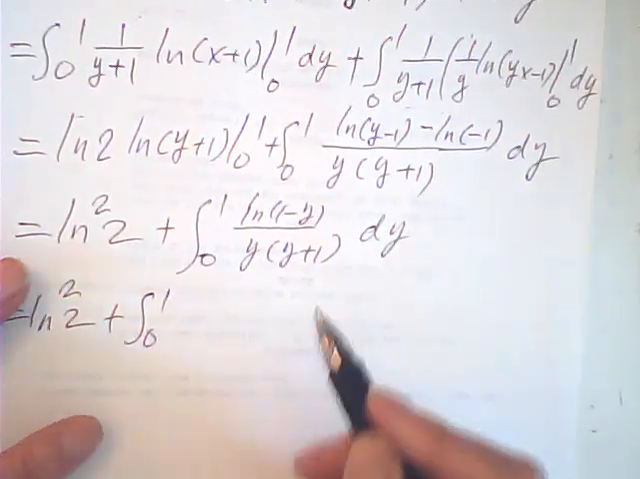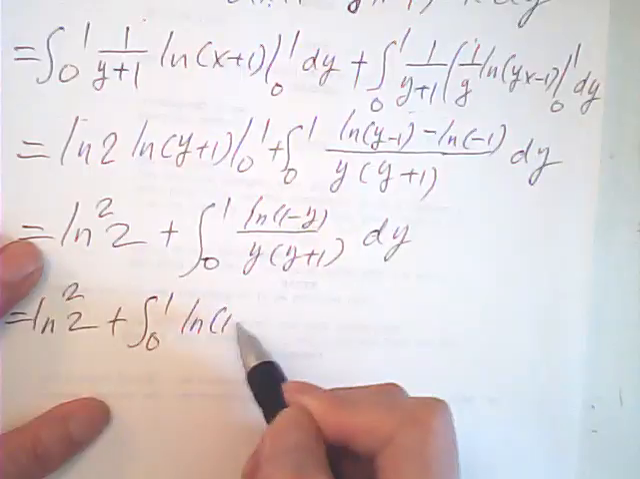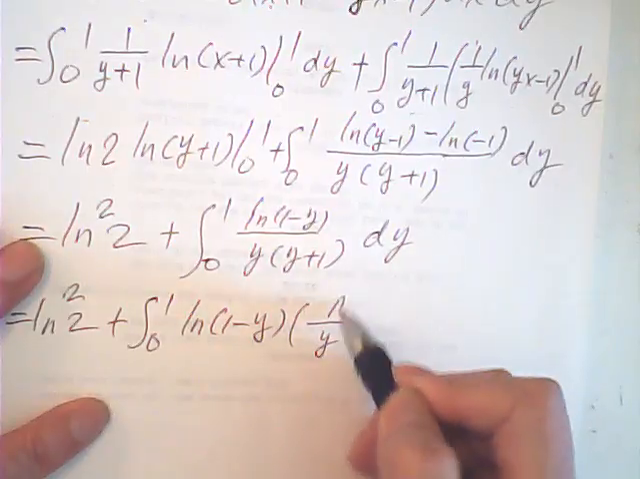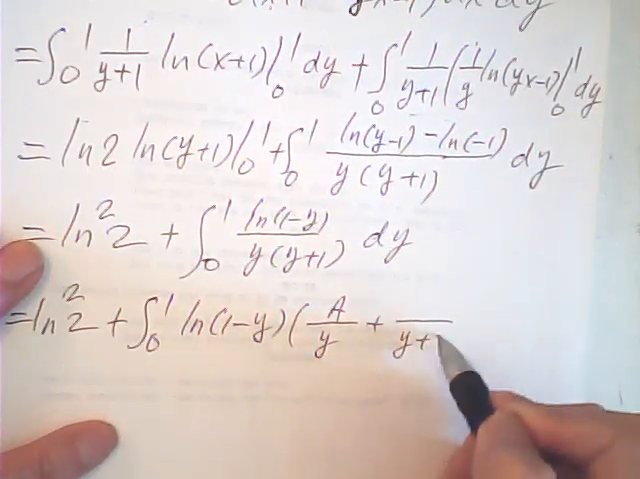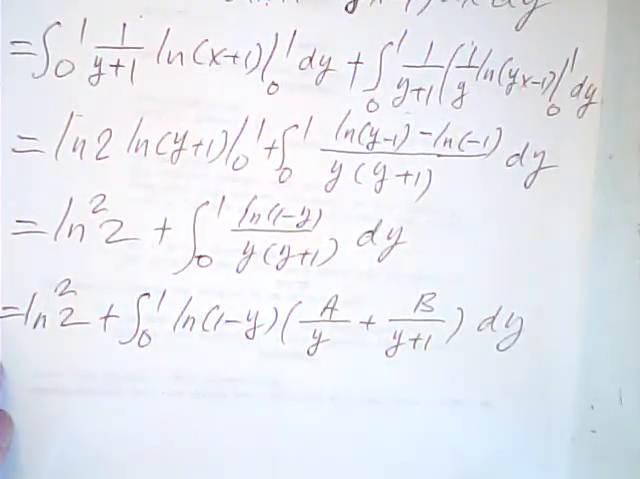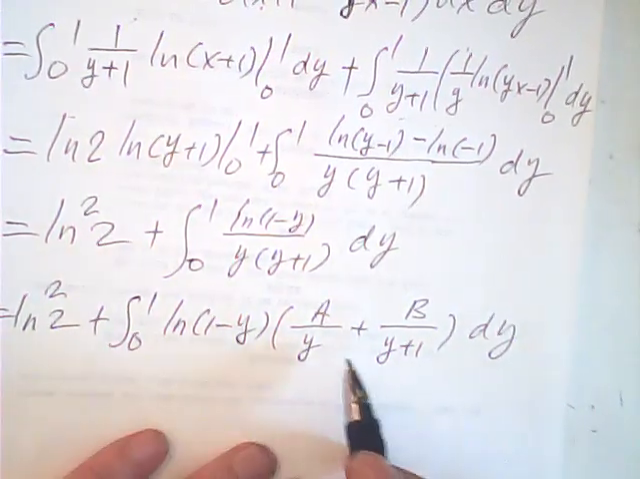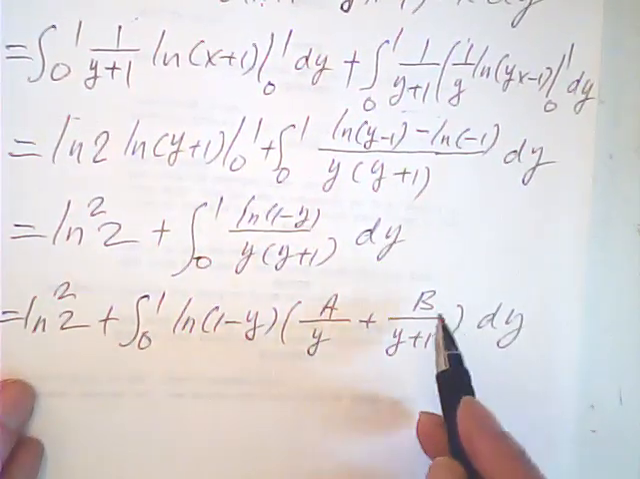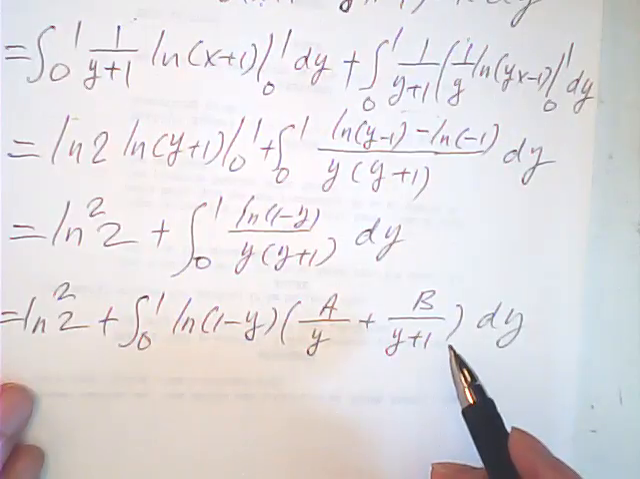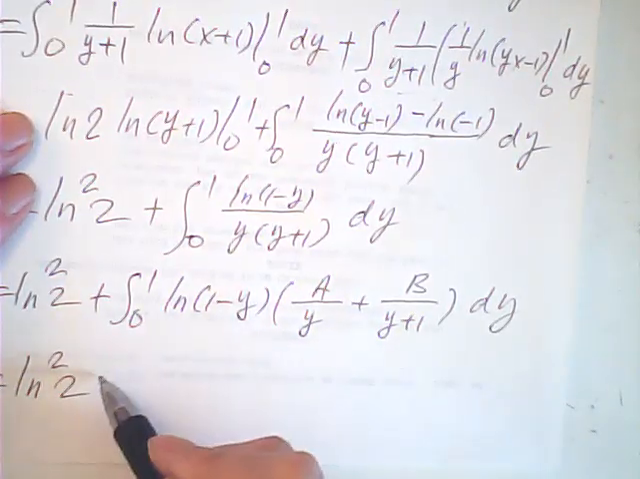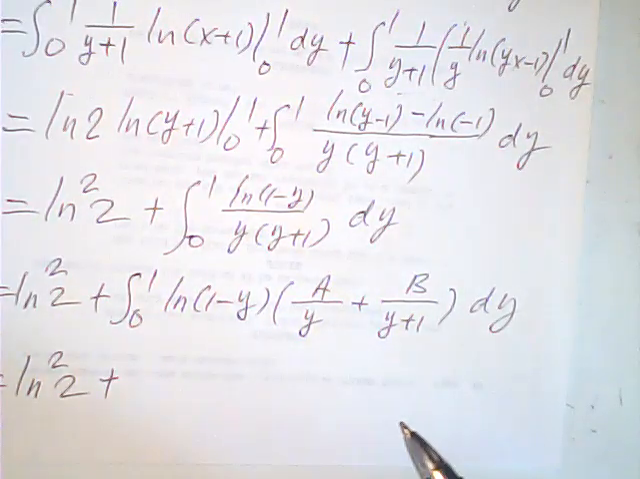plus the integral from 0 to 1 of log of 1 minus y, and we consider the partial fractions, a over y plus b over y plus 1. Here let me omit the determination of a and b: a is 1, b is negative 1. So this one is log 2 plus